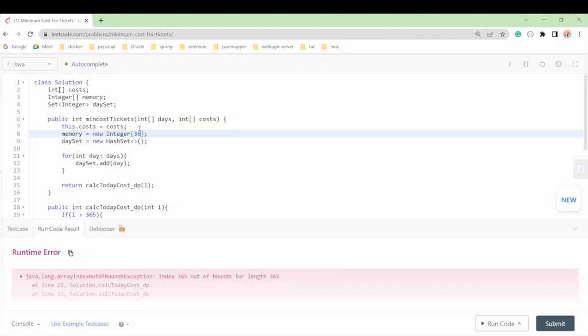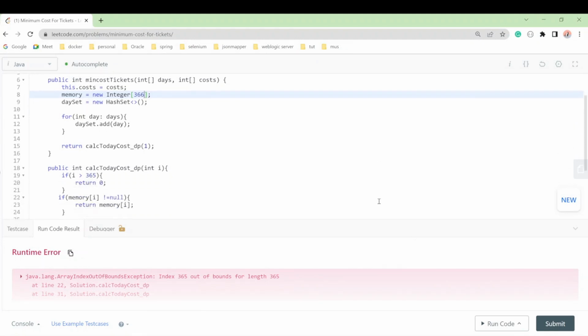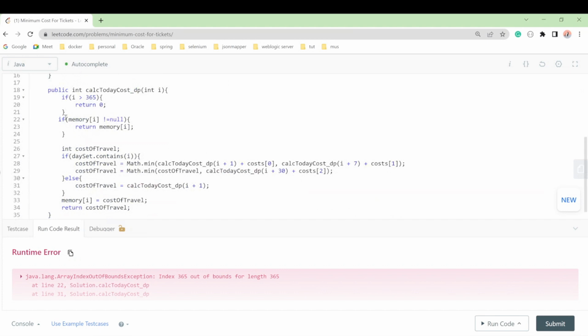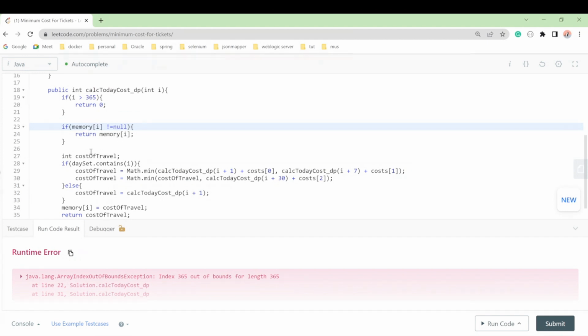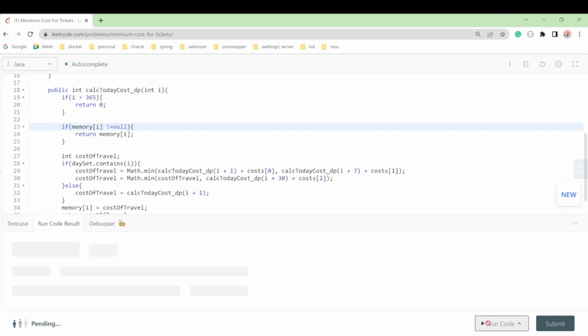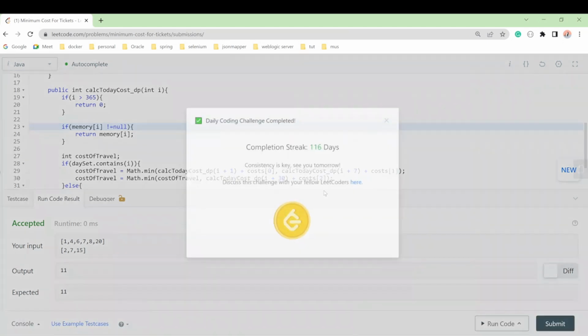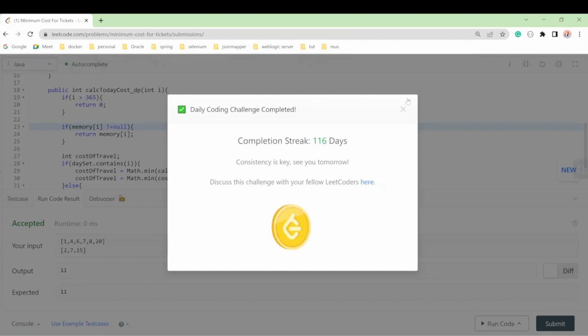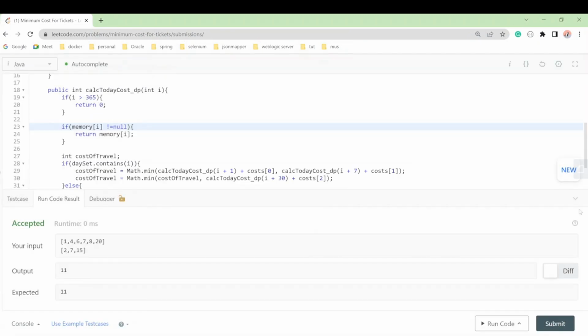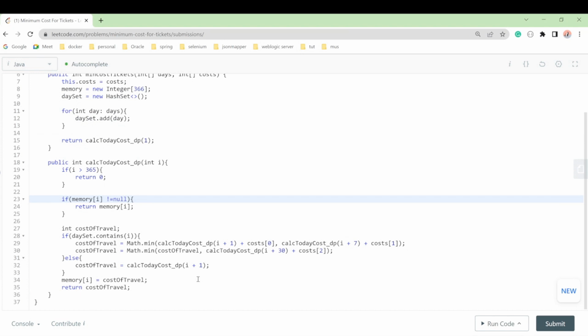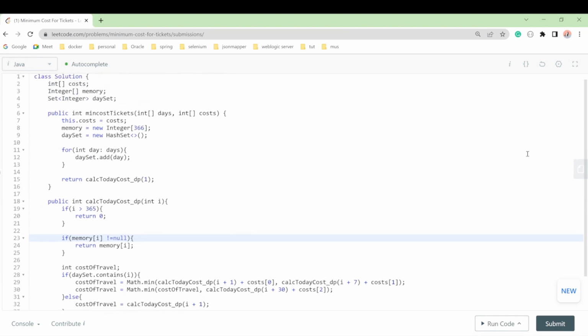Actually we have to do 366, okay. Because see, if memory we have already, and if it is more than 365, it means we have calculated. Now if that is not the case, an index out of bounds will occur, one index out. So it's working fine for me. Now let's understand this one a little deeper. So to understand this one,